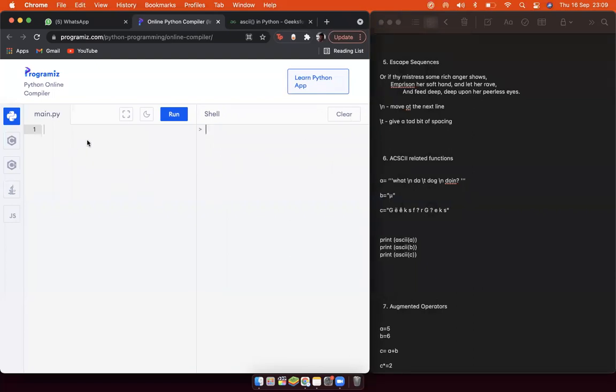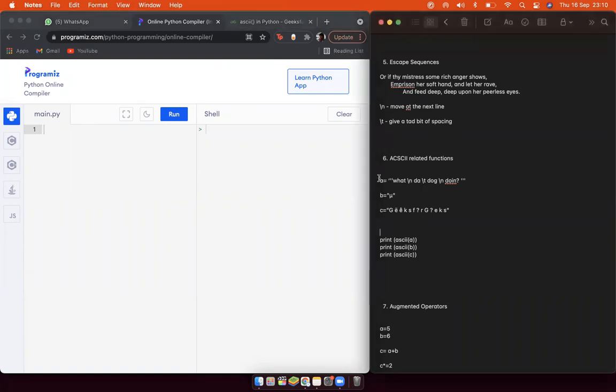The new thing is ASCII related functions. We haven't done any of this in class, but it's a part of the syllabus. I don't know much about it myself, but I did a little bit of research with the help of M. Jabir Dada, and now I think I have some idea.